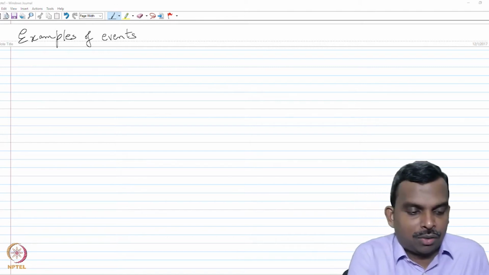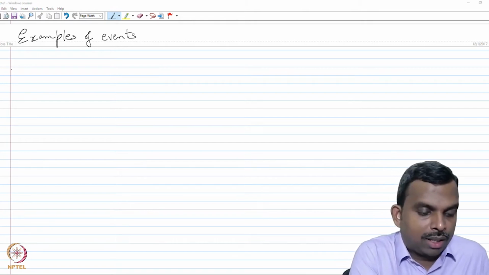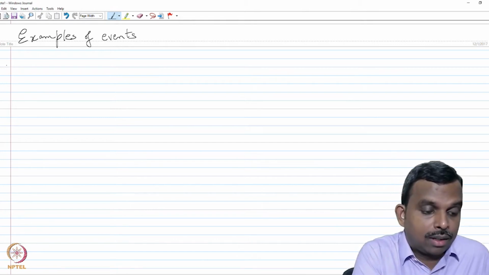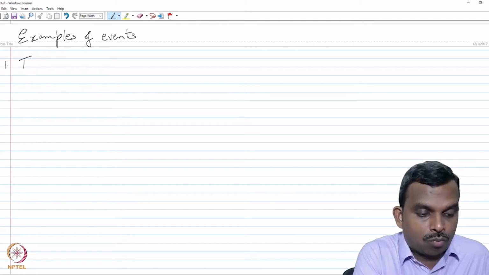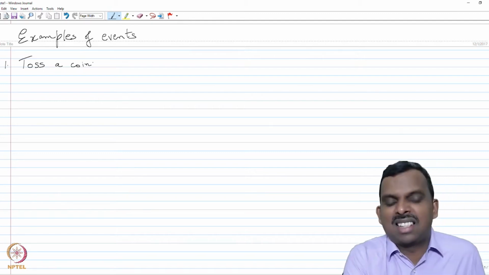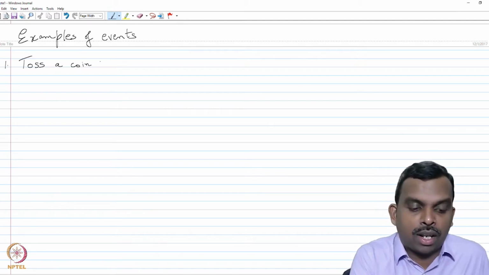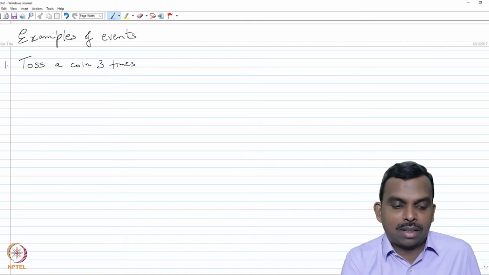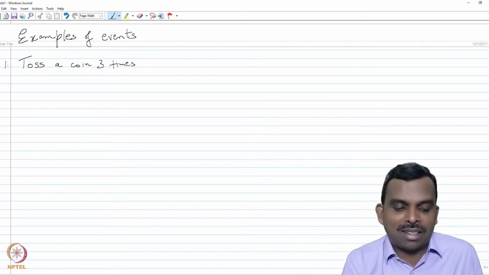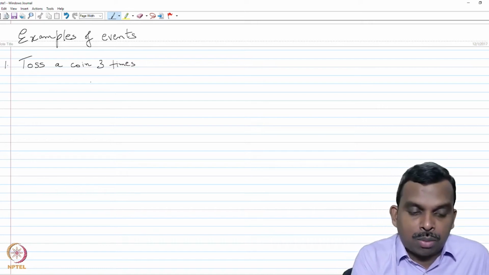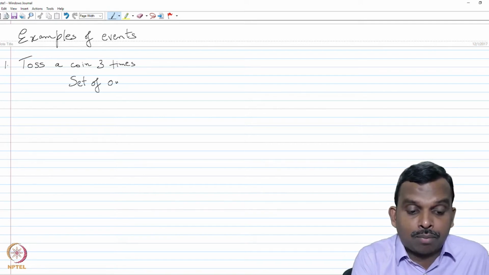So let me begin with the first example that we've been seeing so far. The first example is tossing a coin. I'll consider the slightly non-trivial case of tossing the coin, say 3 times. It's an easy enough example, but still rich enough that I can define some nice events for you. So if you remember the sample space, the set of outcomes, if you toss the coin 3 times,